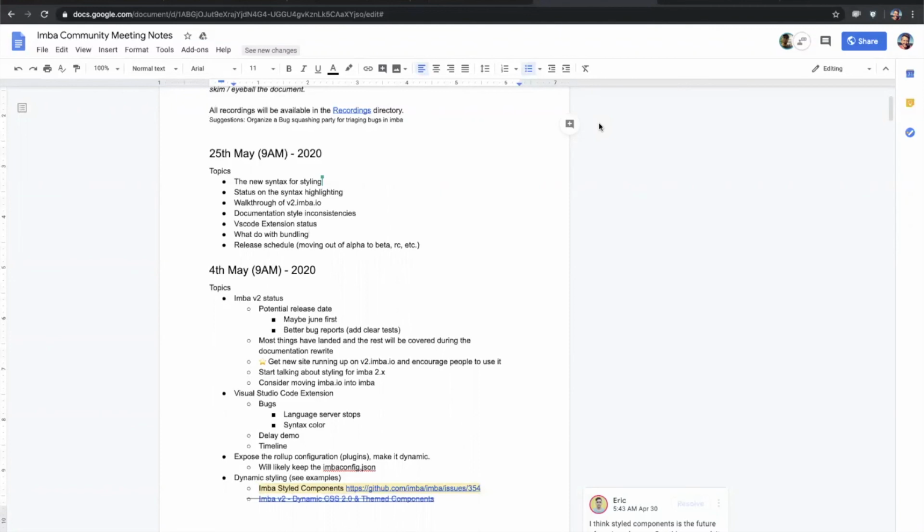And this is one of the things that did come up early on, even before Imba 2 started. That's having a way to do styles. We even did look at Tailwind, or talked about it at some point. I think it's cool. What I'm worried about is that stuff is going to pop up, like, this is something new we should try out, and then it just keeps on pushing the release. There might be even more things popping up,